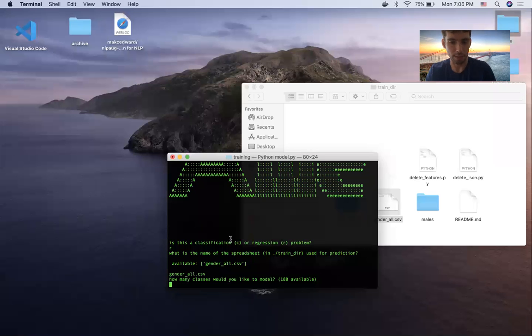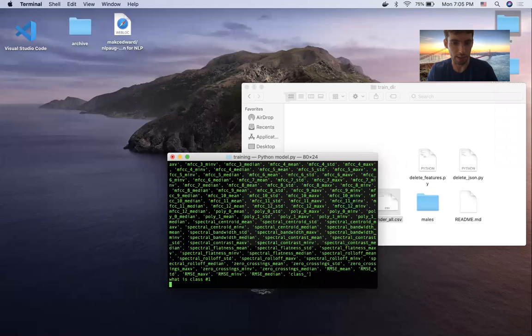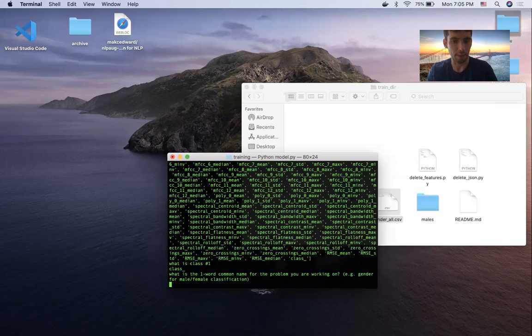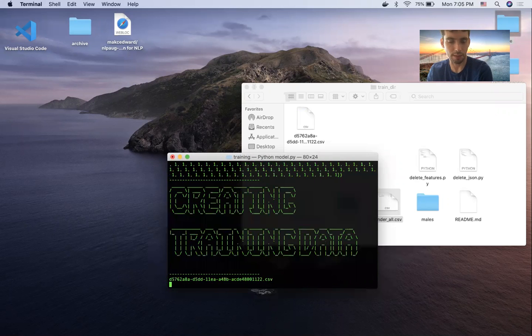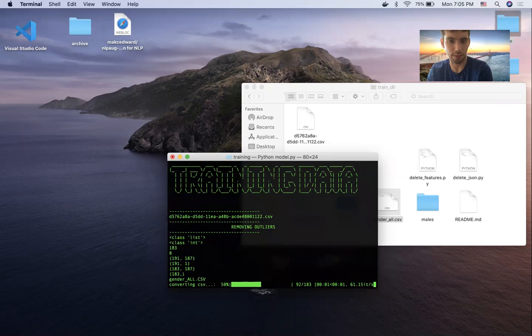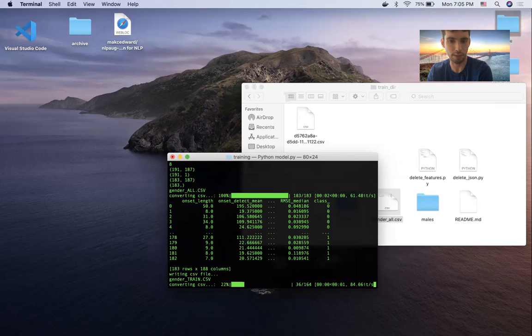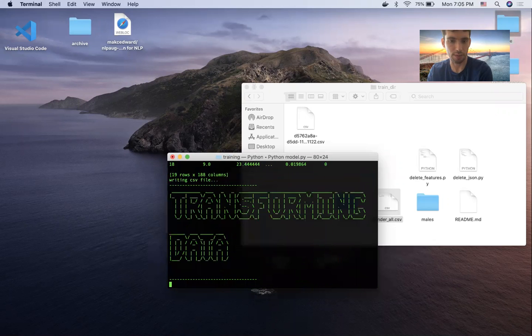Just for the sake of this, I'm going to say we're going to model one class. That's what it's constrained to right now. The class number one is class, and then we're going to say this is the gender problem. So then it's going to go in here and get all the data, classify each column, remove outliers, write to